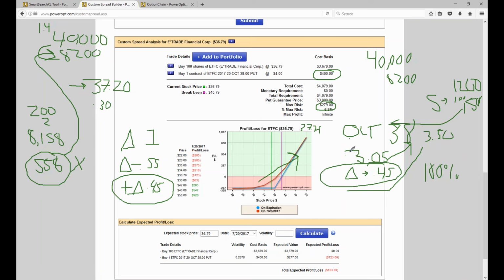So let's say that you decided to mimic exactly what I was doing. We're not quite even, but let's say you got a better price. Let's say you got $290 for that call. Your broker was really good at getting you filled, and you only bought 2 contracts. So you've got a total cost basis of $580 into 2 October 38 calls on E-Trade. You say, all right, now we're close to parity, and I'd agree with you. But then what do you do with the remaining $7,620 that you have available? You're going to buy 5 calls of stock XYZ, 3 calls of stock ABC, 4 calls of stock 123.